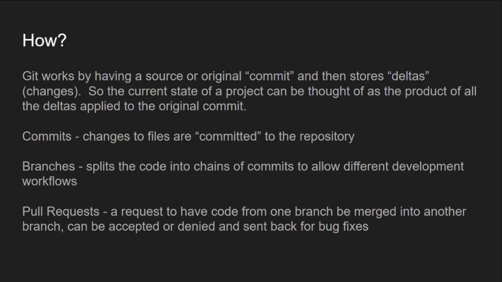The interesting thing there is it saves space, because rather than saving a whole copy of the project or the files each time you save, it only tracks the differences. So if I have a Word document and I save it, that first initial version is all saved and pushed up. But then if I add a new line, Git just goes, oh, just this one line, that's all I need to worry about.